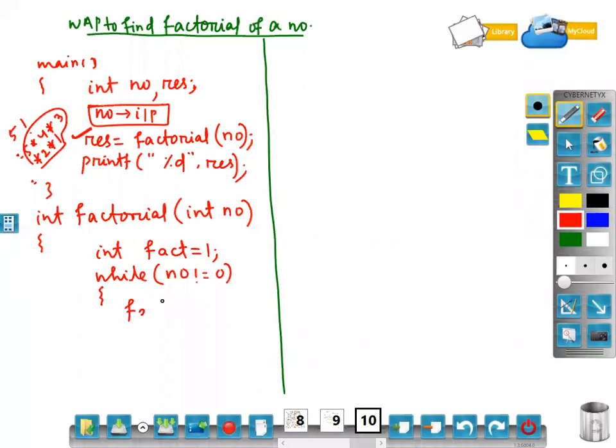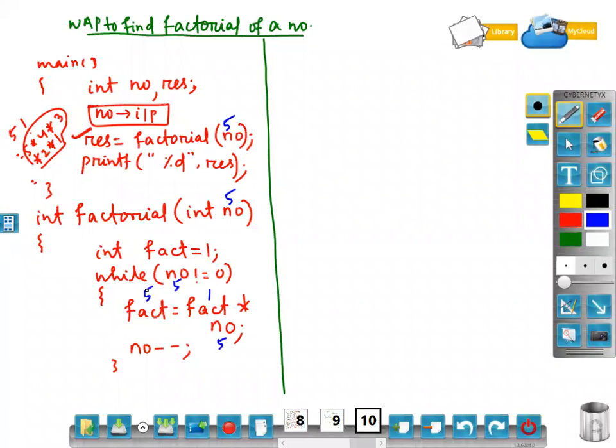fact equal to fact into number, then number minus minus. Simple. How? Let's check. Suppose I have passed the value 5. So 5 has come here. I am checking 5 not equal to 0. True. Fact is initially 1, number is 5, 5 into 1, 5.